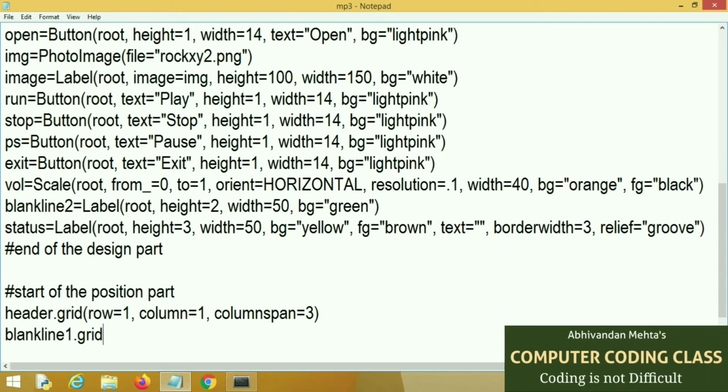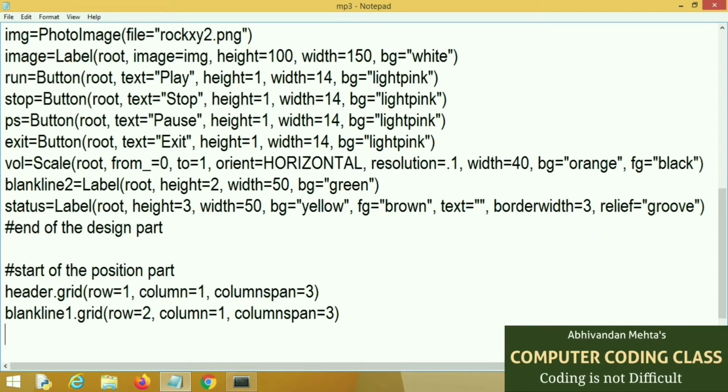Next we will place the blank line. Here I am placing all components sequentially one by one in the same column direction.